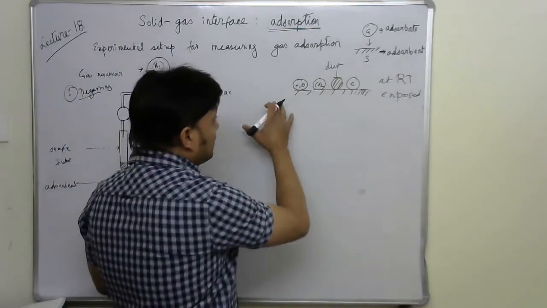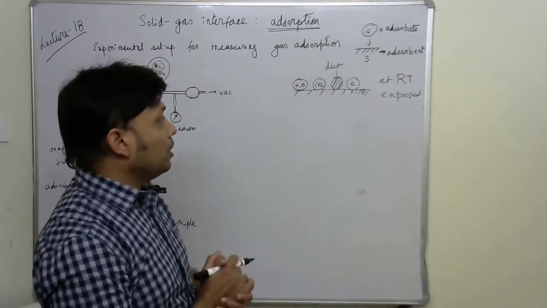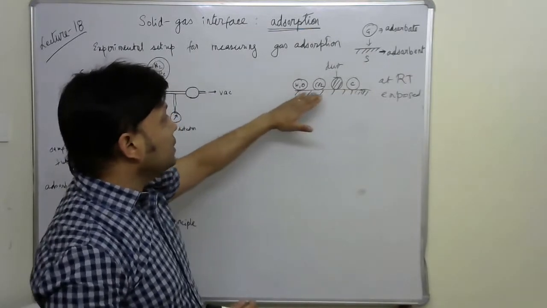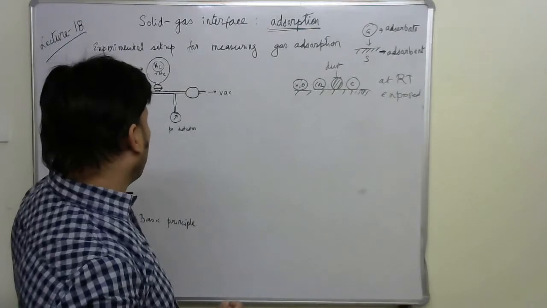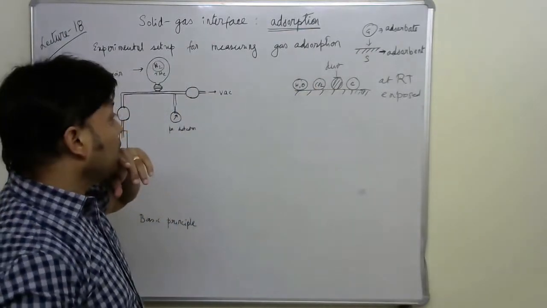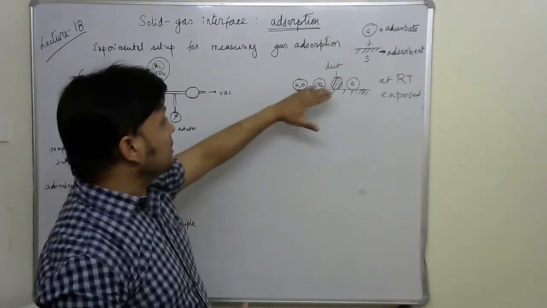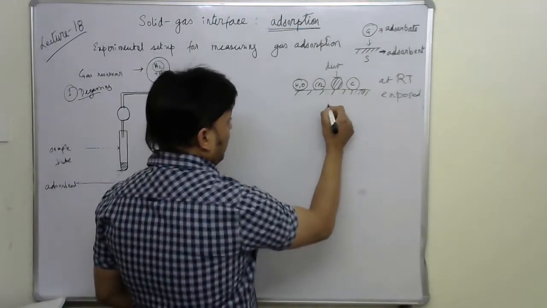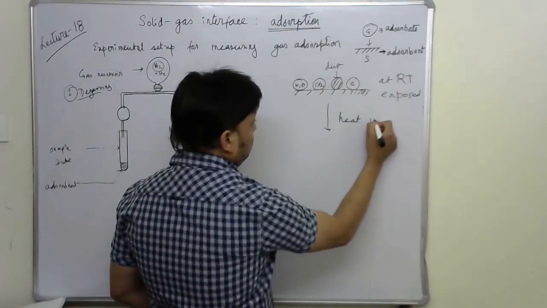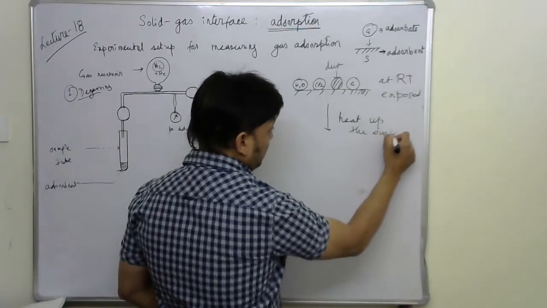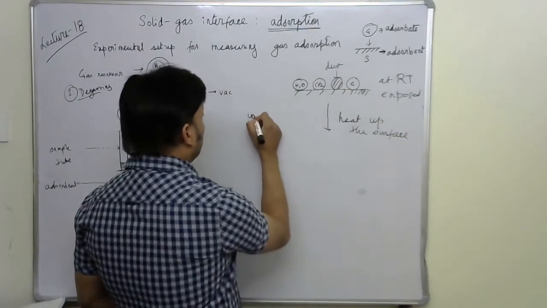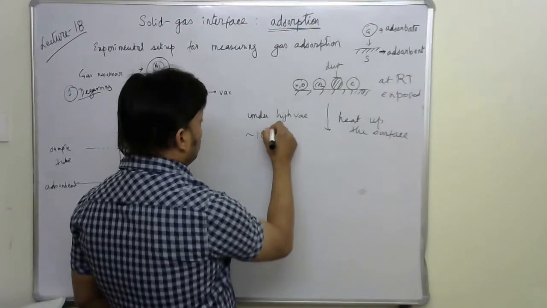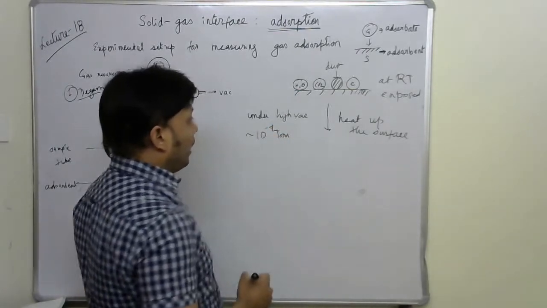So basically the surface is occupied at room temperature when it is not treated with anything, so we don't have enough free space for our analyte gas molecules to be adsorbed. All right. So what we want is for this surface to be free of those unwanted gas molecules. For that, we heat up the surface. Basically, we heat up the solid sample under high vacuum. Right. The vacuum goes to almost 10 to the power minus 4 torr,